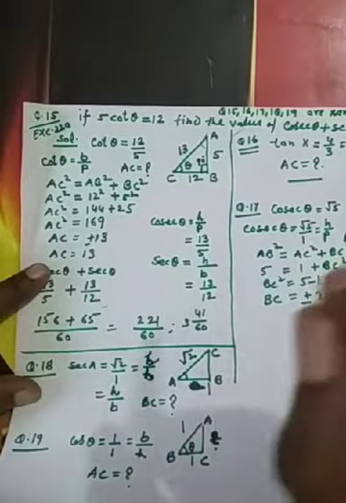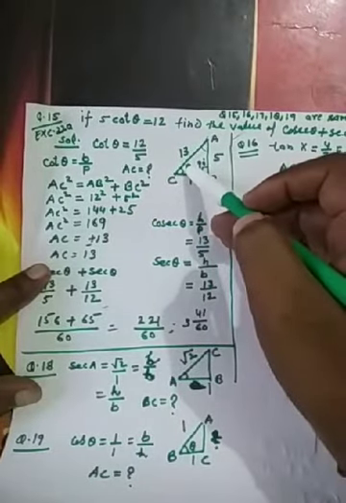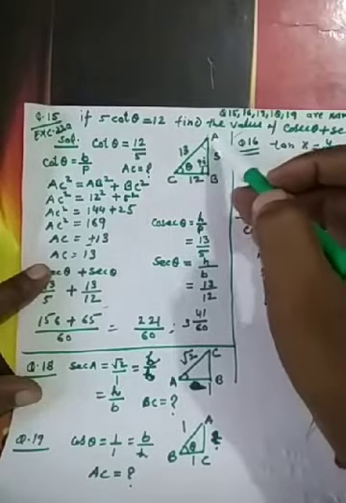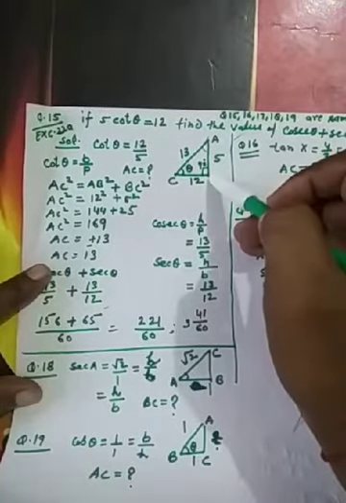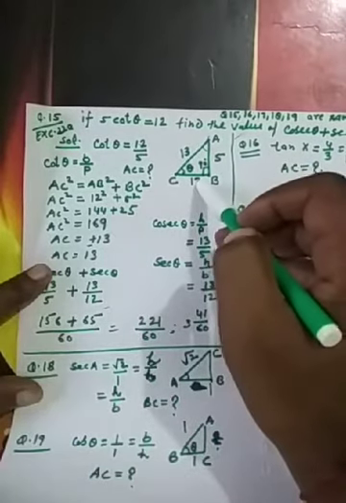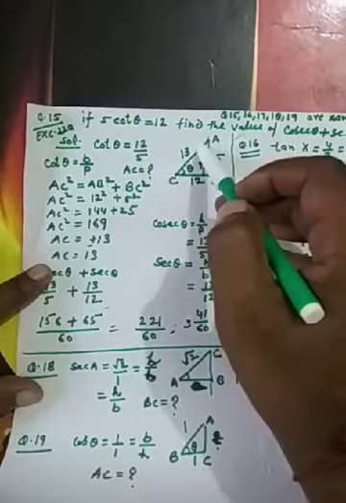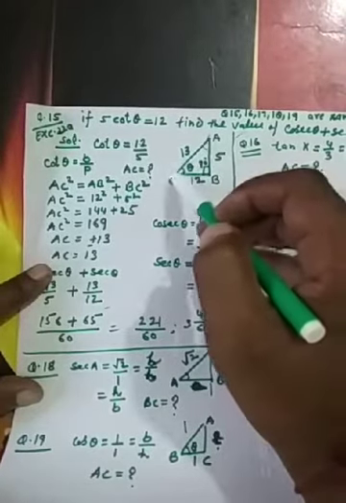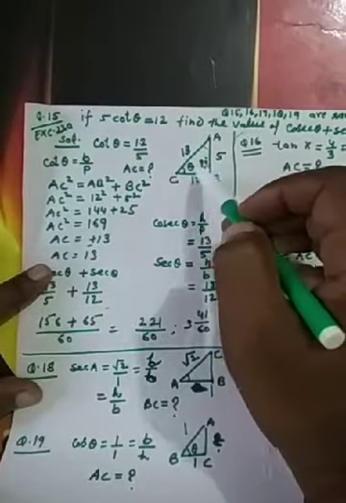The perpendicular can be identified with the help of the angle. The angle is theta. Its opposite side will be the perpendicular. Means I am talking about AB. AB will be the perpendicular. BC will be the base. And opposite to 90 degrees will be the hypotenuse. So in this question AC was unknown. So we are going to find out AC.